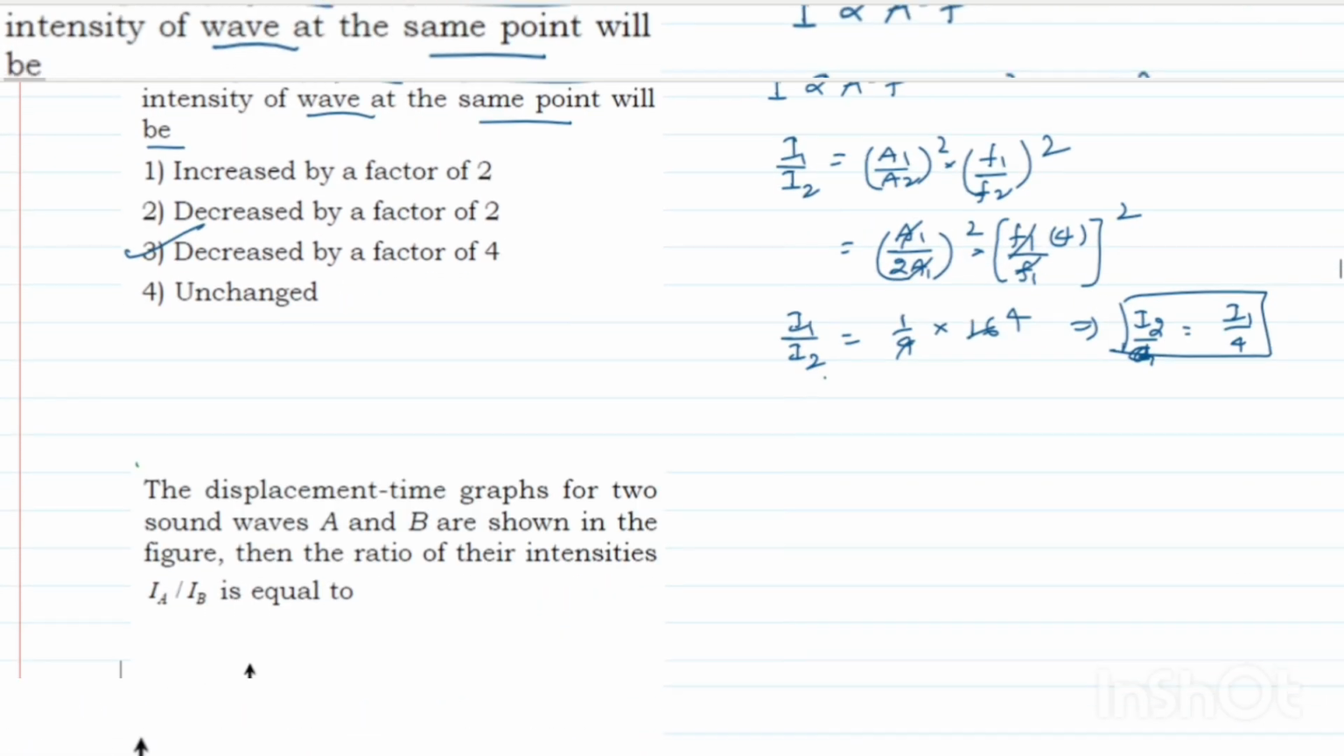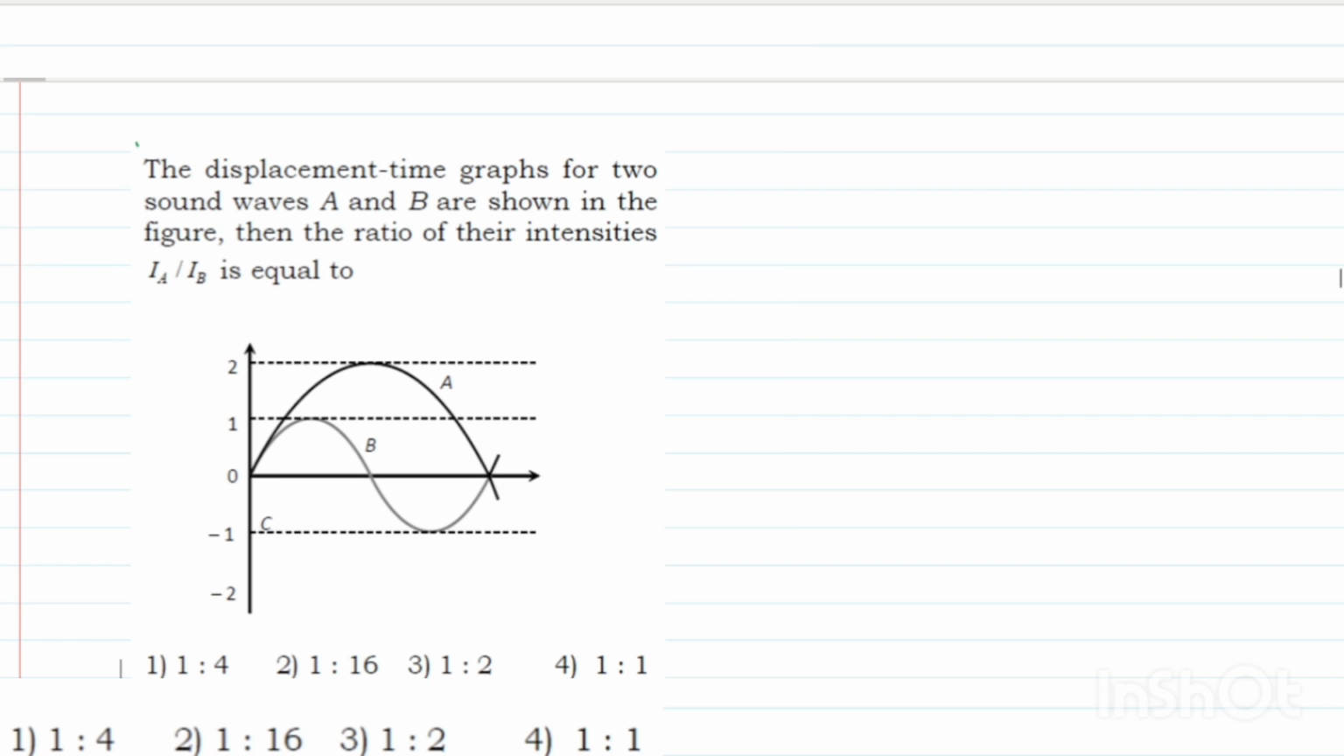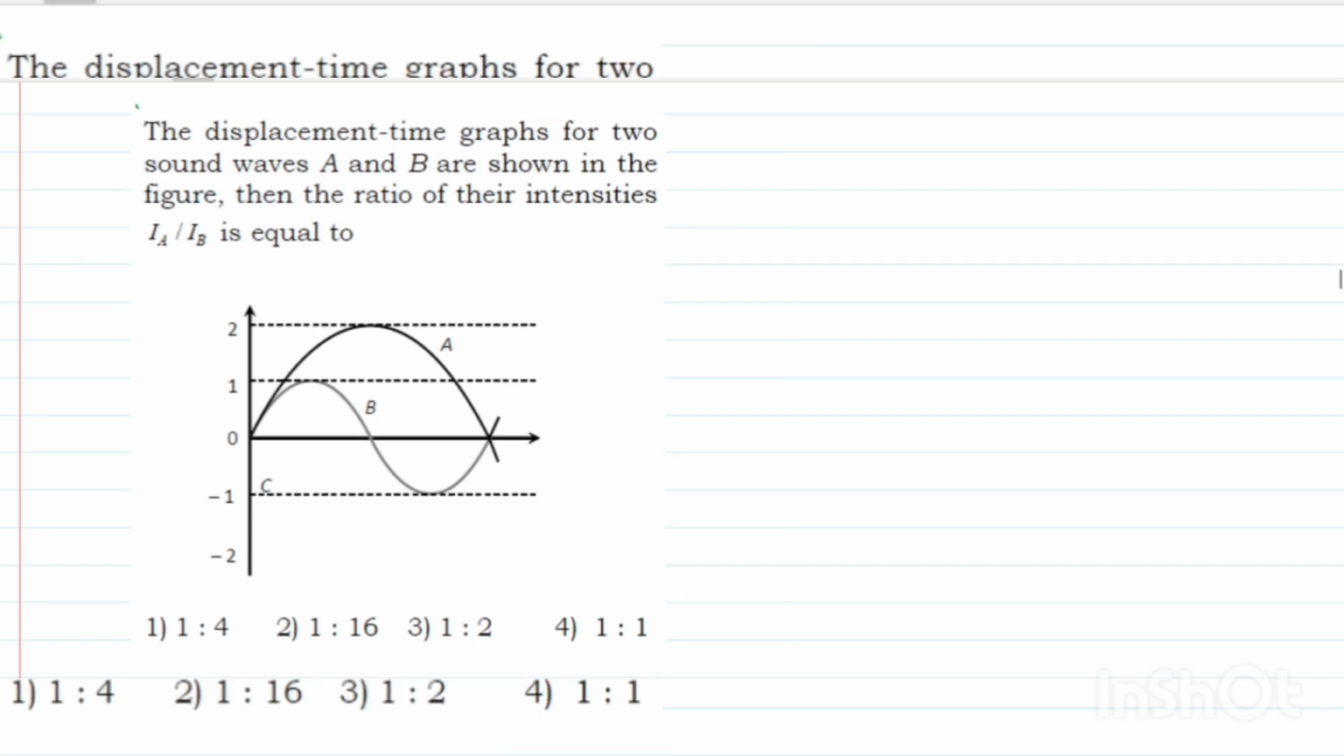Let us see the next question, students. The displacement time graph for two sound waves A and B is shown in the figure. Then the ratio of their intensity IA by IB, they are asking. Amplitude of A is given as 2, and amplitude of B is given as 1 meter. Here it is the amplitude, the maximum displacement. Now, when you are talking about frequency,